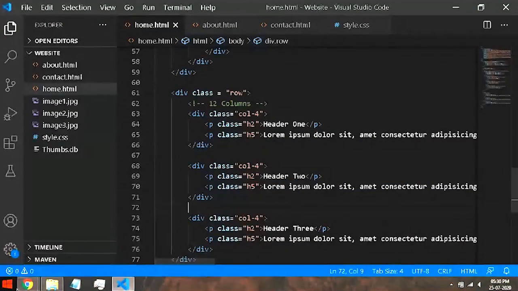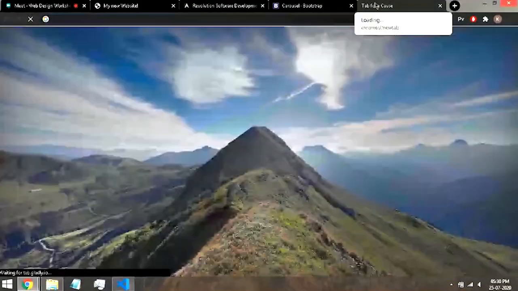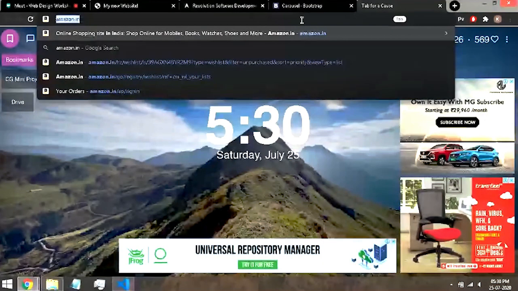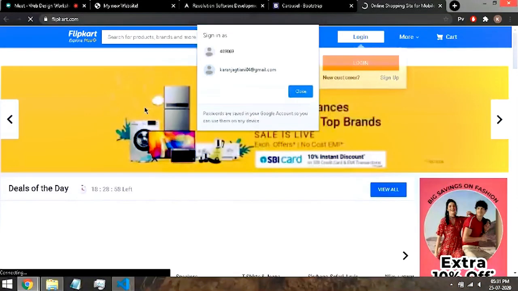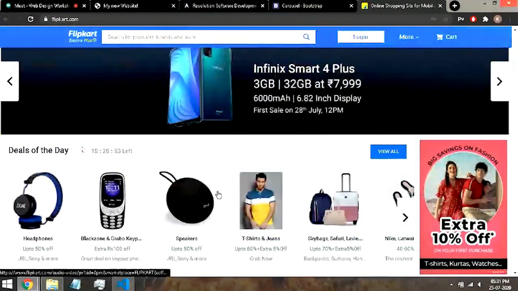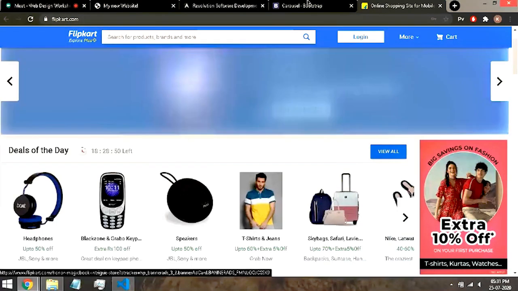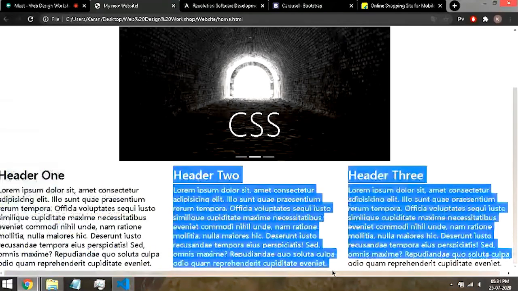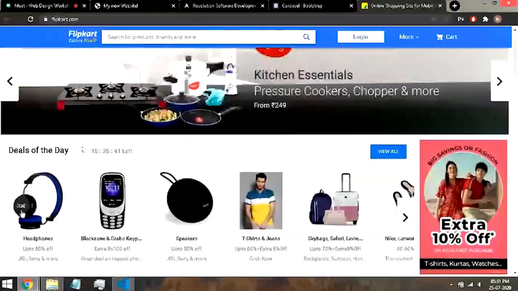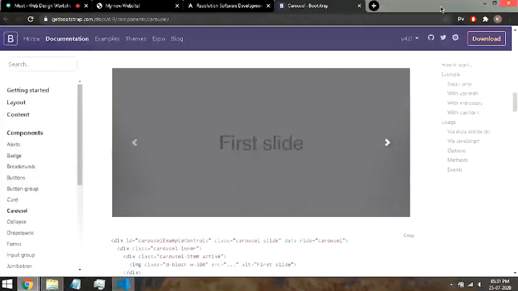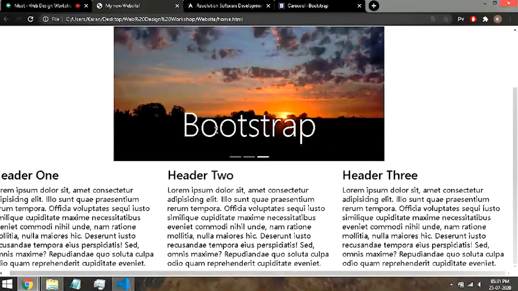Actually, I will just show you an example. If you go to any e-commerce website, basically whatever is shown, it is shown in a grid format, right? Like one after the other. This is also a grid. See, one after the other. This is beside this. This is beside this. This is done using Bootstrap. So the same concept is being applied over there as well. Like how this is appearing beside this and how this is appearing beside this. Same concept is applied within e-commerce websites as well. And they also use Bootstrap. Almost all the big websites use Bootstrap. It is a big thing.